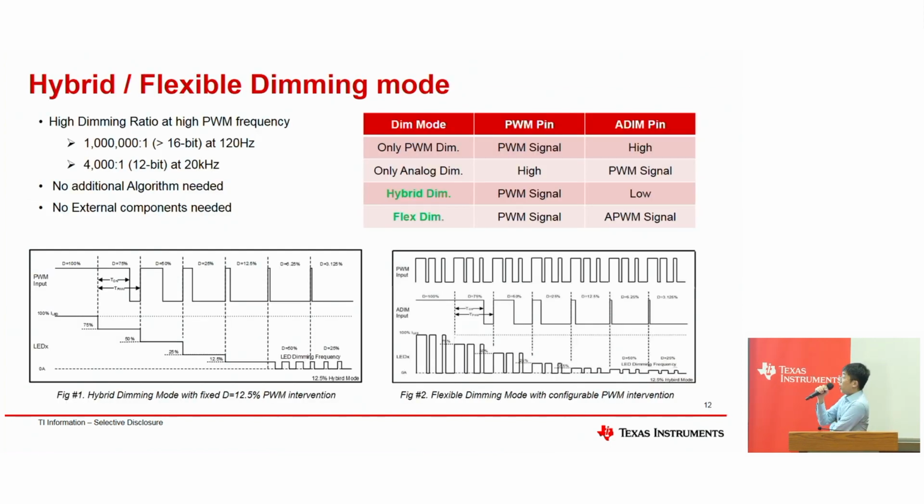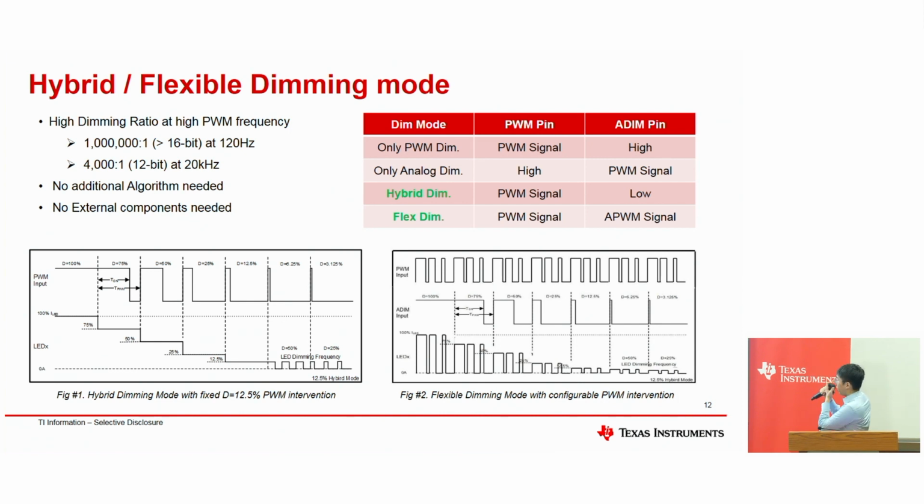In addition to the previous pages, we also have selectable dimming modes. We have two different pins, one taking the PWM dimming signal and one the analog dimming signal. So with 2 pins, we have 4 dimming modes. You can insert PWM signals into the PWM pin and also signals into the analog dimming pin to achieve what we call hybrid dimming. The hybrid mode is a combination of analog dimming and PWM dimming.